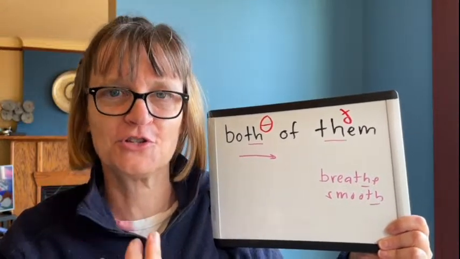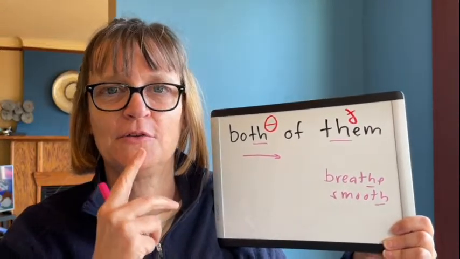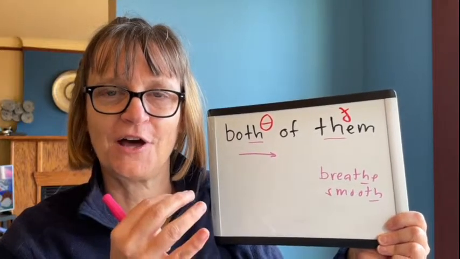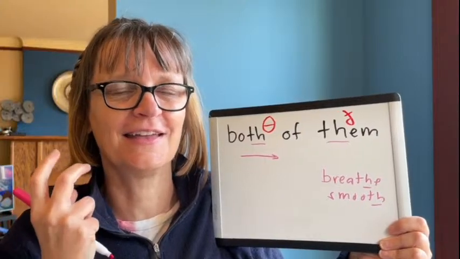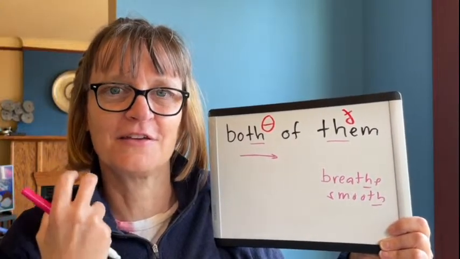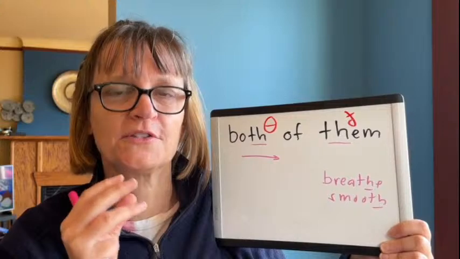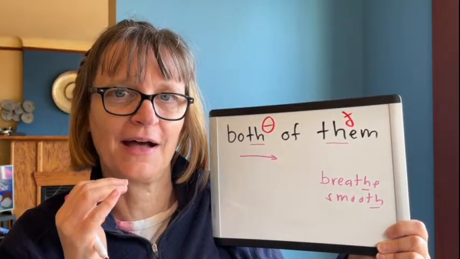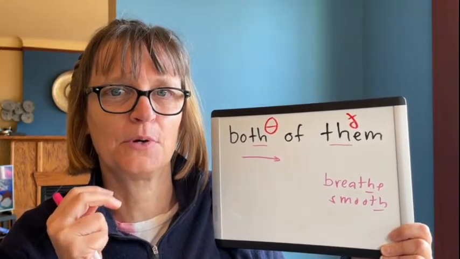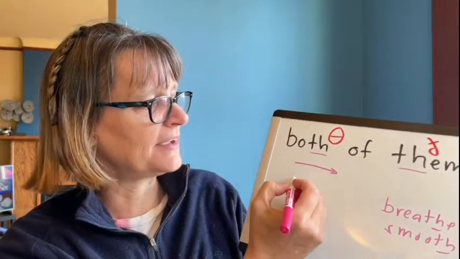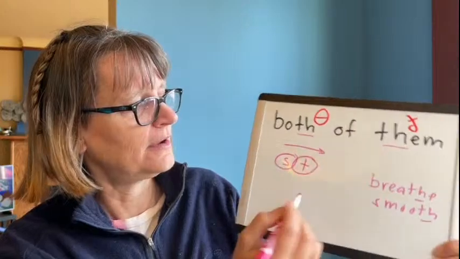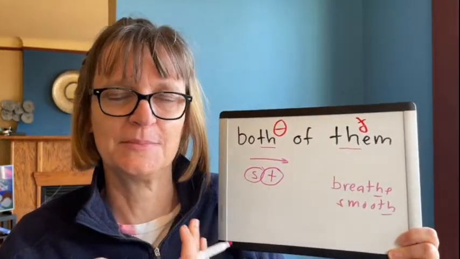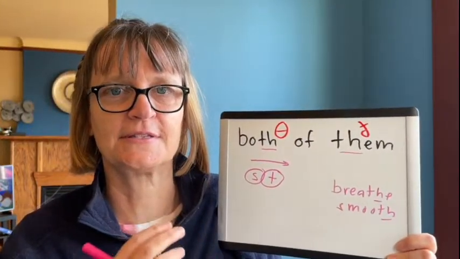So those are the two main errors. People will use both and it will stop the air, and then to Americans or native speakers, it'll sound like a T sound rather than a th sound. Or some people also have the tongue too far back, not between the teeth. That would sound like both, and you end up having kind of an s sound. So the errors are not that you're intentionally making a t or an s sound, but you don't have the